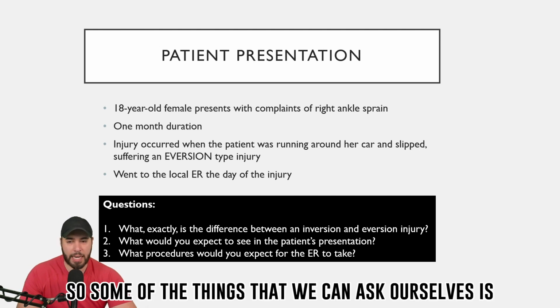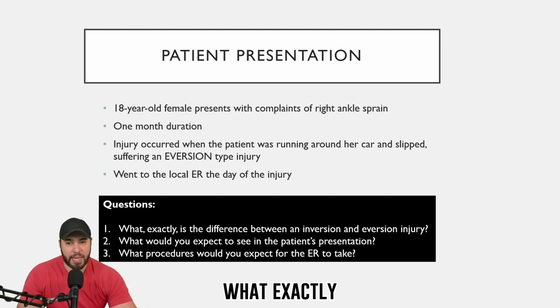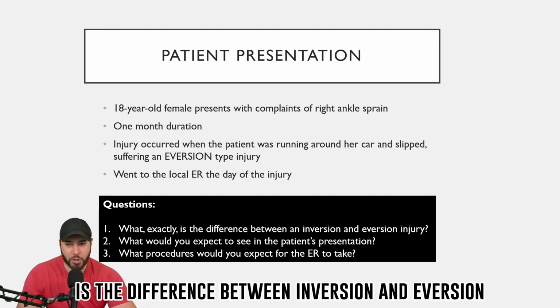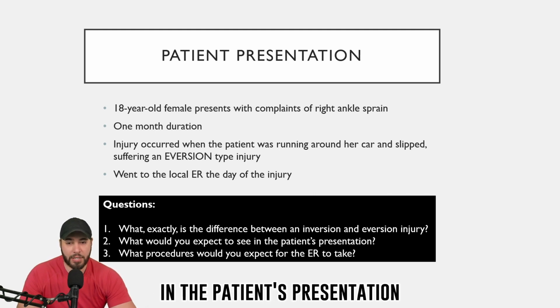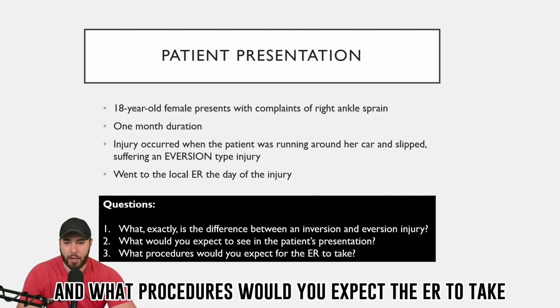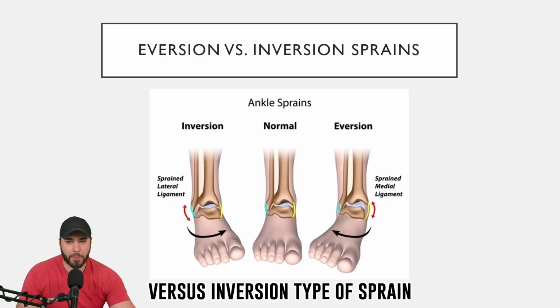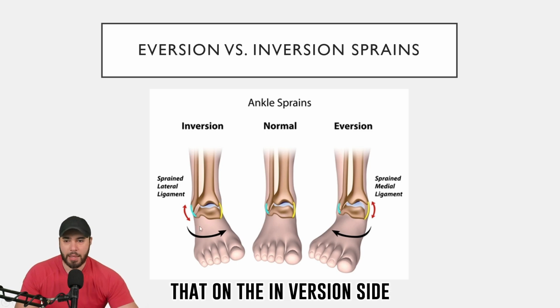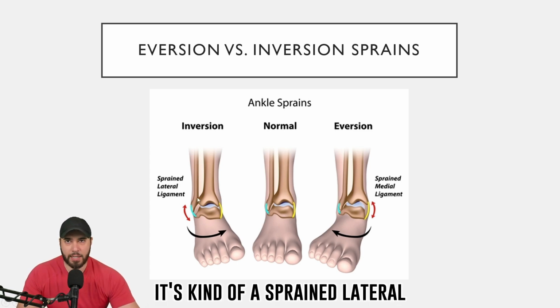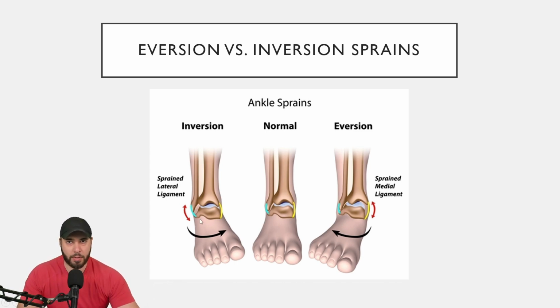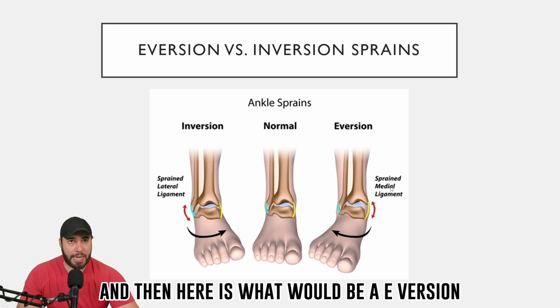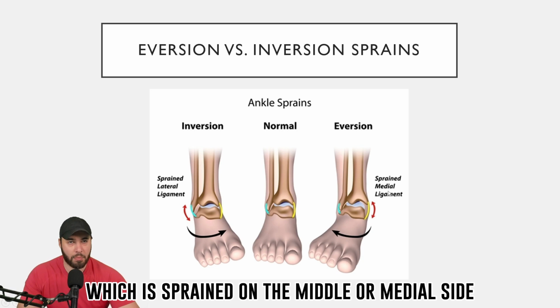So some of the things that we can ask ourselves is, what exactly is the difference between inversion and eversion? What would you expect to see in the patient's presentation? And what procedures would you expect the ER to take? So here we have an eversion versus inversion type of sprain. As we can see, on the inversion side, it's a sprain of the lateral ligaments, kind of a normal one. And then here is what would be an eversion, which is sprained on the middle or medial